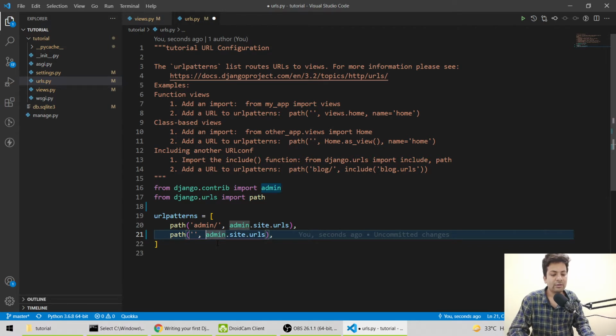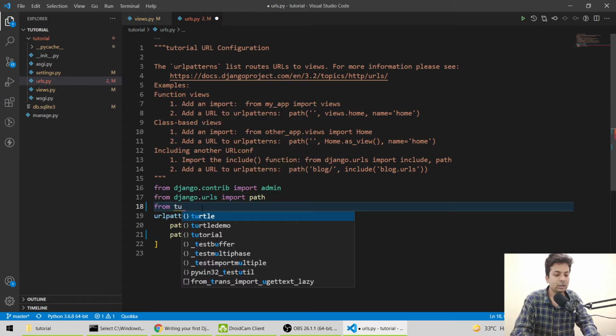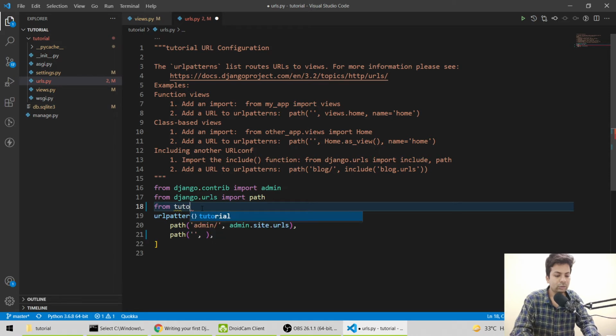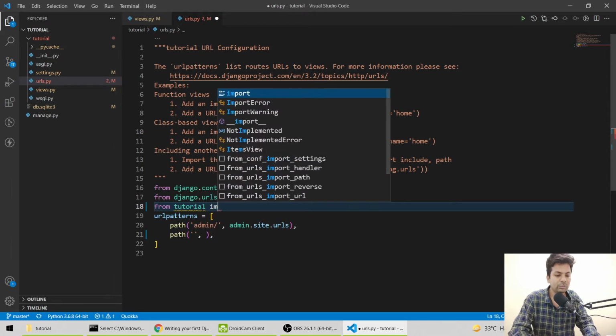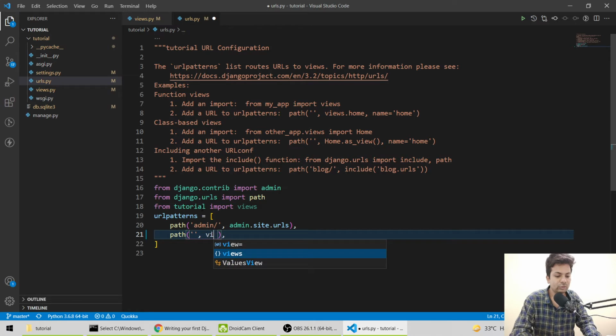And where is that function? We have to import it, from tutorial import views. Then it's views.home.